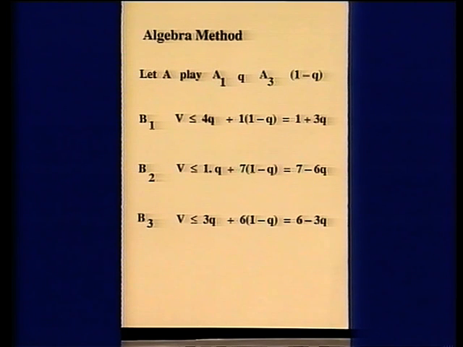If we let A play the 2 strategies A1 and A3 in the proportions Q to 1 minus Q, where Q is a number between 0 and 1, then he can consider what happens for each of the strategies of B. And when you combine the proportion of times played with the value achieved at that particular play, then if B follows his strategy B1, the combination shown there, 1 plus 3Q, has to be at least equal to the value of the game, and probably larger, if it's to be worthwhile for A. We can repeat the same procedure using entries in the payoff matrix and the fractions Q and 1 minus Q, and obtain similar values for B2 and B3.